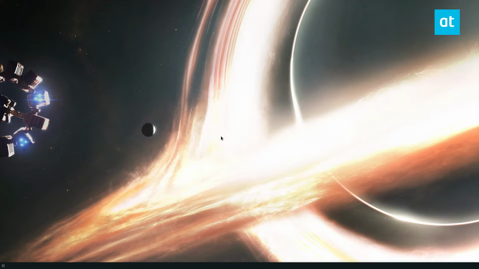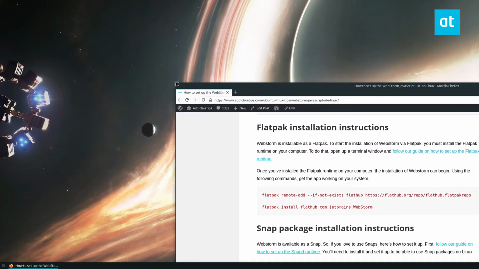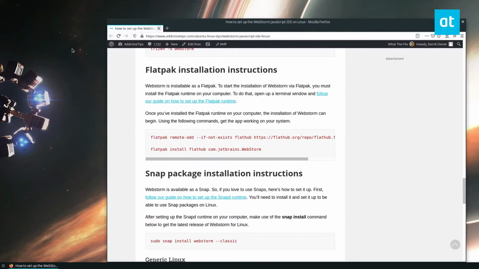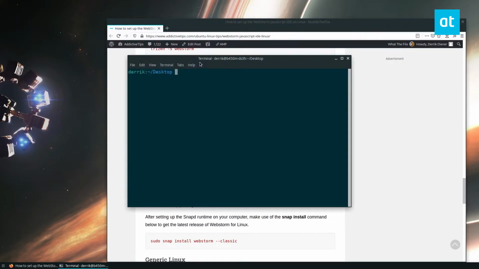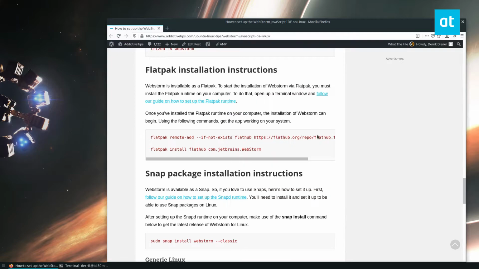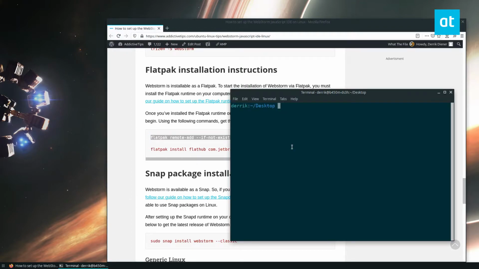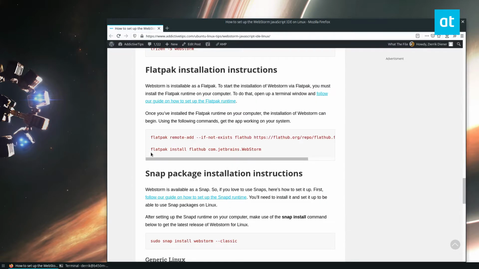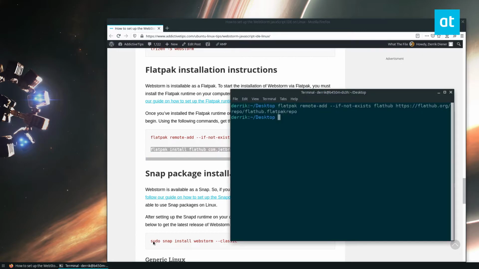So we're going to cover the Flatpak instructions, and to install it, we're going to pull the tutorial over here really quick. And we're going to open up a terminal. So to install the WebStorm version of Flatpak, you really only need to copy these two commands. And if you need to know more about how it works, you can read the instructions here, but just go ahead and copy this one here, paste it here. Now this will subscribe you to FlatHub. Now from here, you can copy the installation command